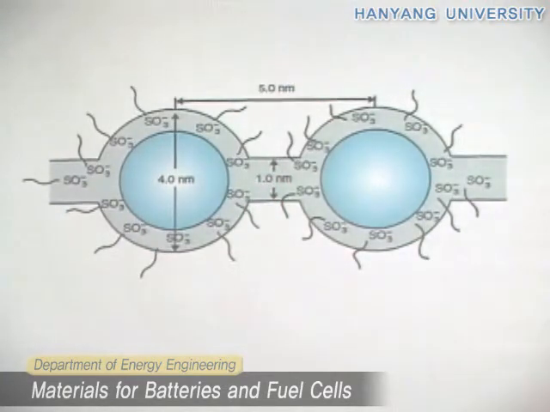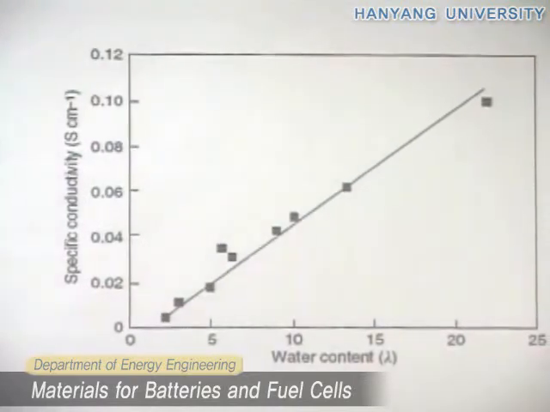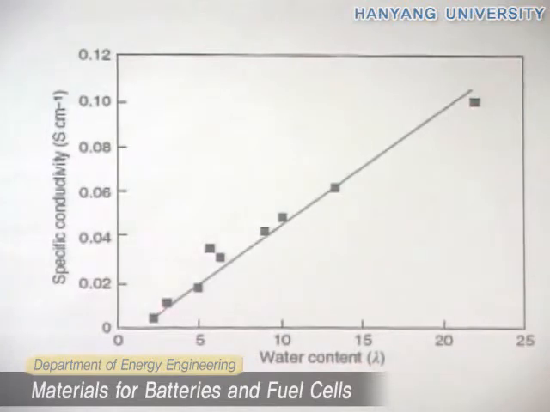So these membranes are very complicated, because suppose that the channels are in some way obstructed, then you don't have conductivity anymore. Here in this graph, the conductivity in Siemens per centimeter is reported in terms of water content. As I told you, when the water content is 0, a dry membrane, the conductivity is not existing. So the conductivity increases when you have